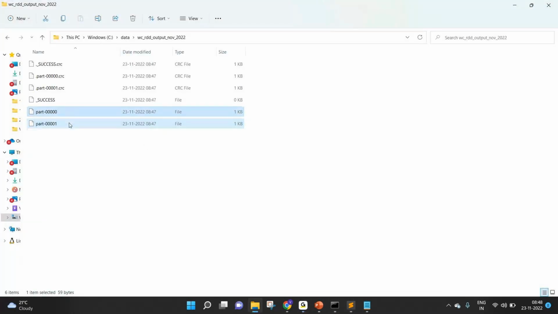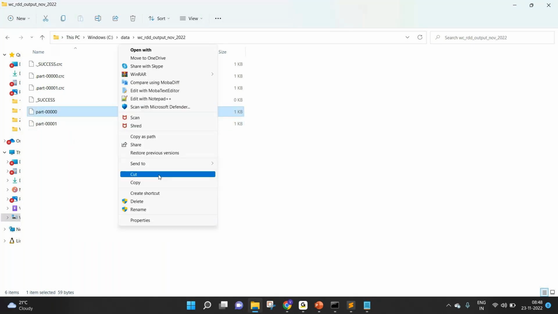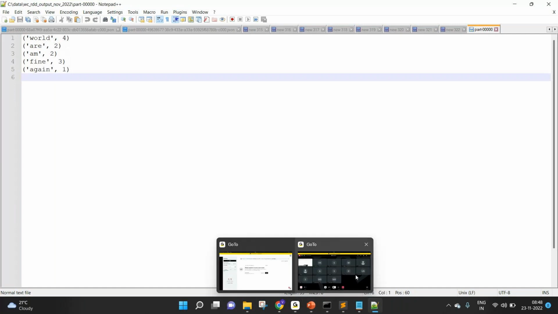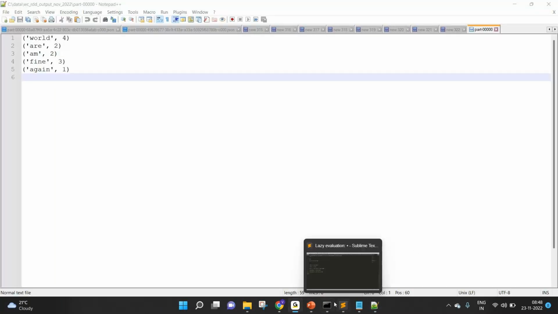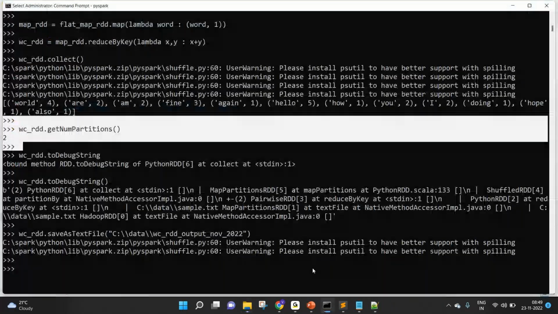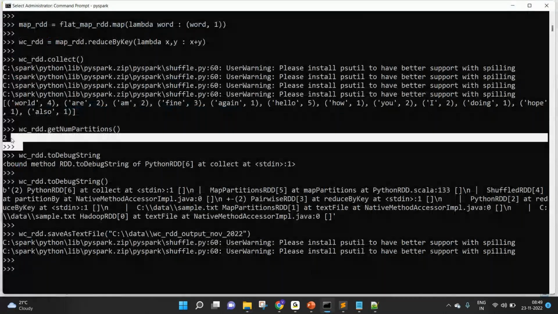Two part files here. So let's open one of the files. I'm going to use any editor such as Notepad or Notepad++ to open the file. I'm trying to open the file so you can see the content, right? And this is what is expected. So whenever you try to write the data to a given destination, the number of output files that you have here is actually equal to the number of partitions that you have got on the given RDD,